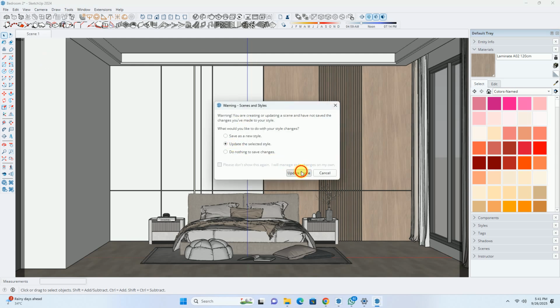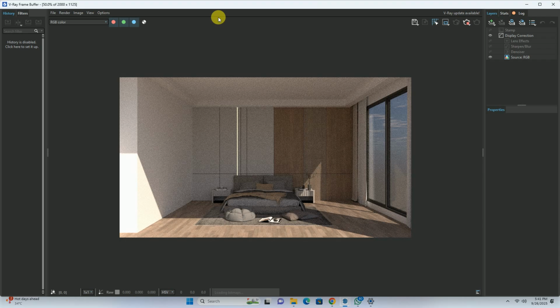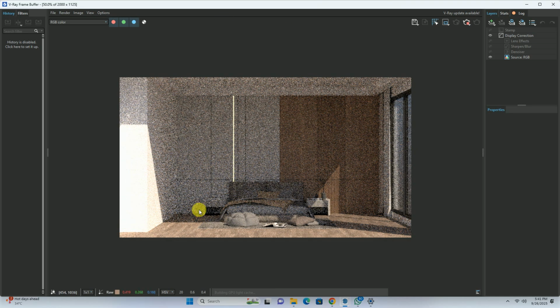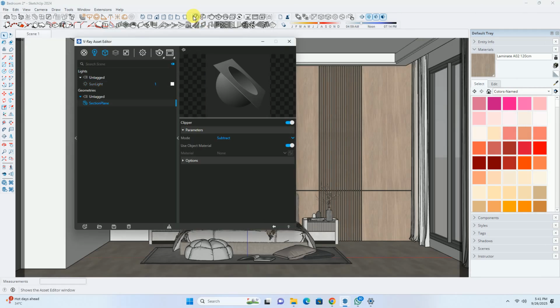Now I right click on it and click on update, update this set view. Now I'll click on this interactively. While taking an interactive, you can see that we are getting sunlight from over here also. So what you can do is stop it. We'll go to the V-Ray option. We'll go to this third geometric tool option. From here, we'll select this section plane, go to this option command, and click on camera ray only.